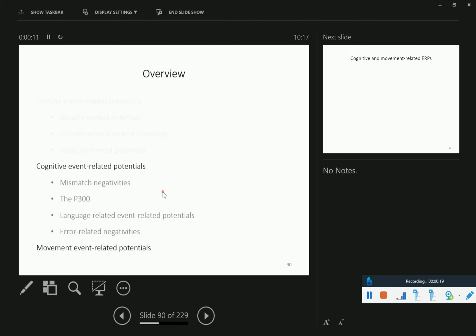We are in the middle of talking about event-related potentials, and in the last session we talked about one class of event-related potentials, which we call the sensory event-related potentials. You can see them a little bit here. So we talked about the visual evoked potential at some length, also the somatosensory evoked potential at some length, and then the auditory evoked potential a little bit shorter because time was running out. But essentially we went over them, and